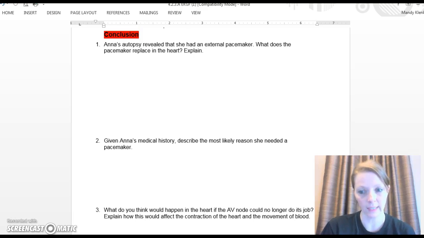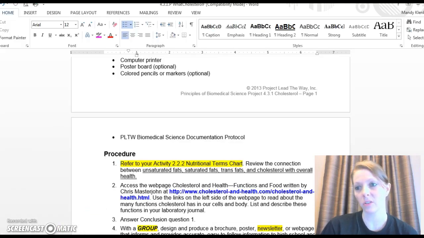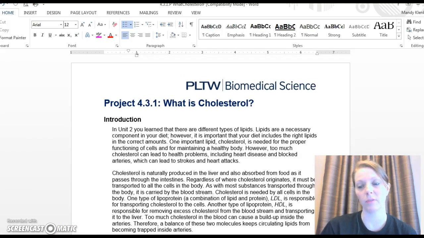Now, I am going to trust that you guys already have most of this done. So it should just be adding a little bit to it. But since today's a long day, you should have plenty of time to get something else done. So, here's what else I want you to do. Get flipped over here. Okay, so that was the end of 4.2.